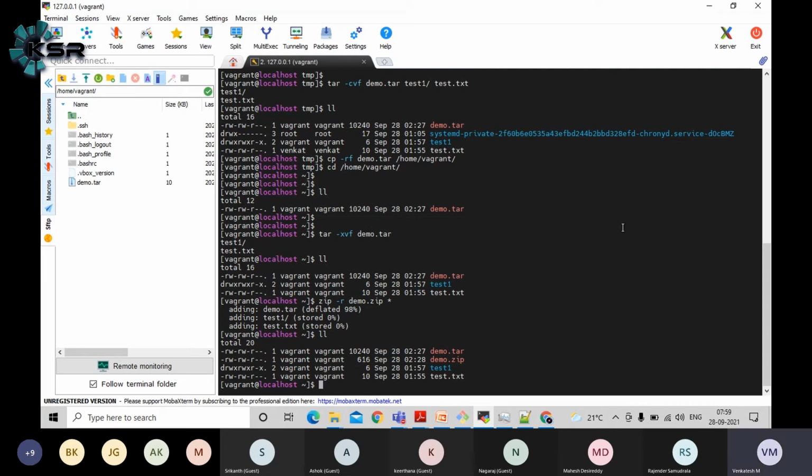Okay, no worries. As I mentioned, I have a couple of compression and decompression operators. One is tar, one is zip, another one is gzip. Gzip, in the sense, like 7-zip that I have in Windows, gzip stands for gunzip, some different zipping tool. That's it, guys.